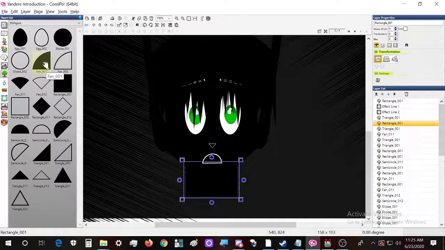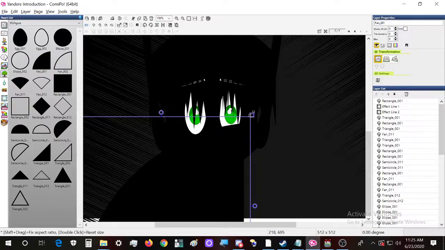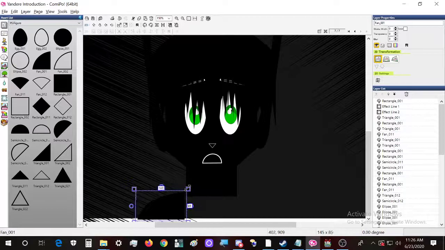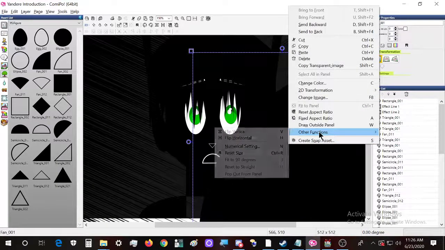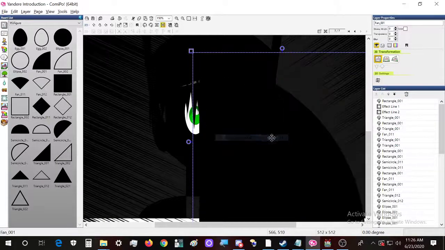And we should add something like this that would represent her shoulders. No, let's say like this. Yes, this will represent the shoulders, and then it will be this one that we're gonna flip horizontally.